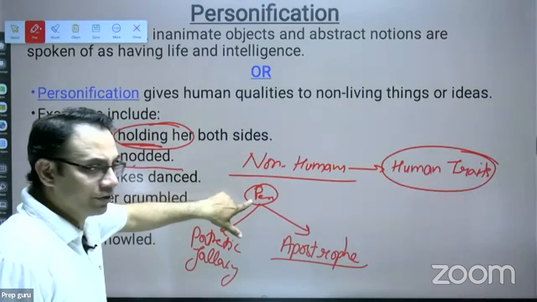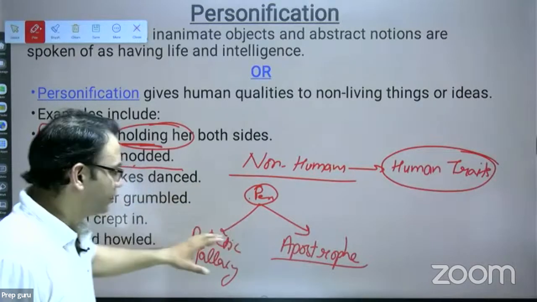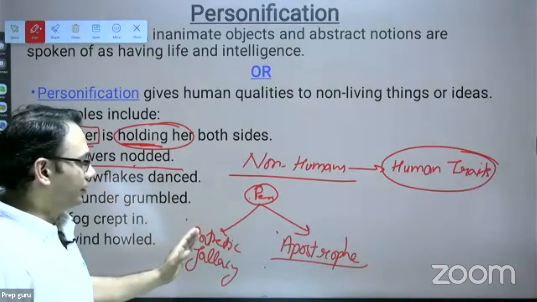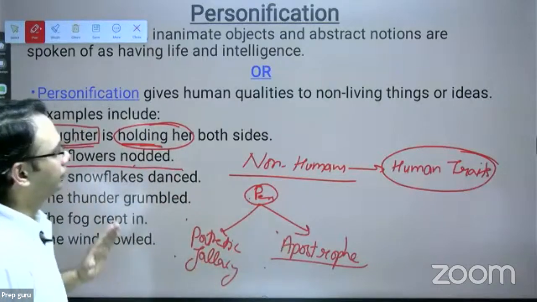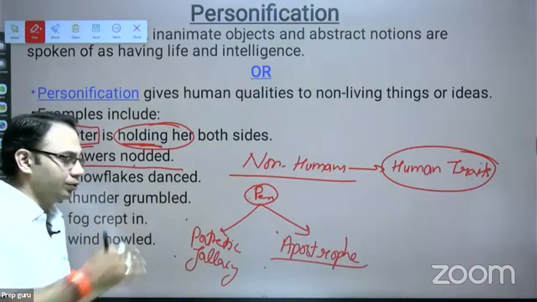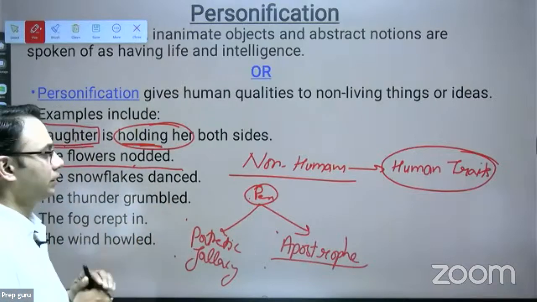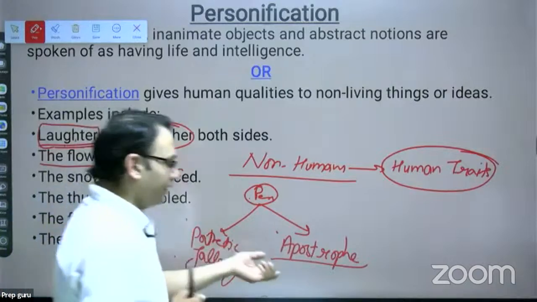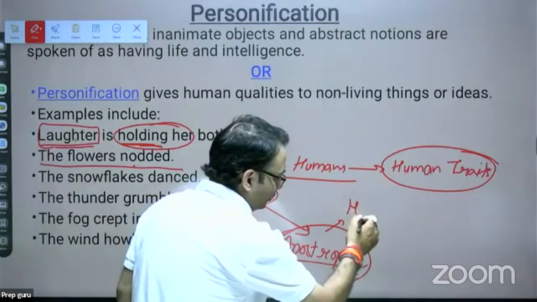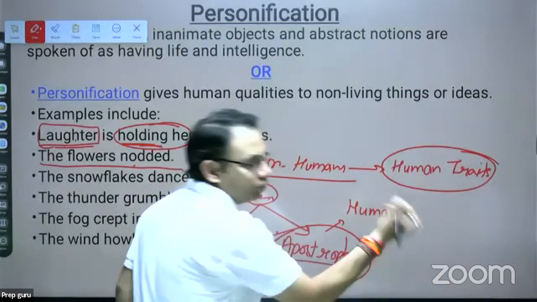if I talk about personification, what will be its 2 subheads? Pathetic fallacy and apostrophe. Now try to understand what the difference is among the three. Suppose the broad head is personification. I am giving human traits to non-human. Okay, so that will work in this one also, and in this one also. But the difference is, in case of apostrophe, we show